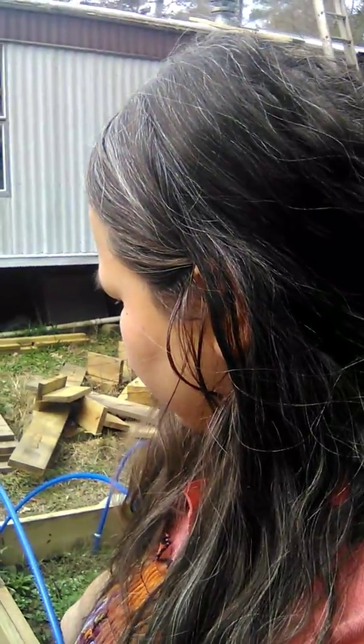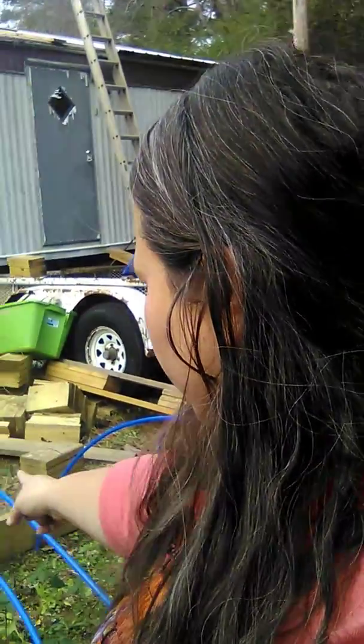So I'm going to wrap that, nail it to this board, and then I'm going to start another one on this side, and it's going to be a separate box. That way, if I want to pick this box up and take it to another part of my yard and put it on another bed, then I can do that. Say this stuff is finished up, and I want to start my spring boxes over there because the sun